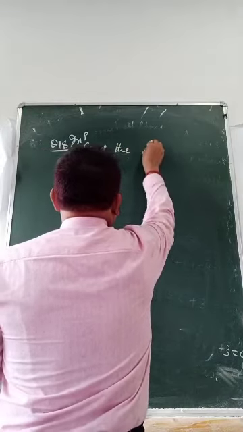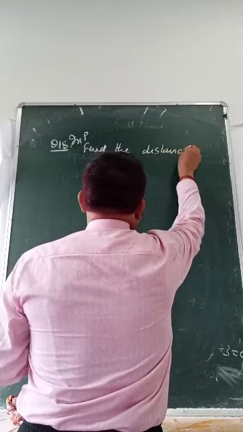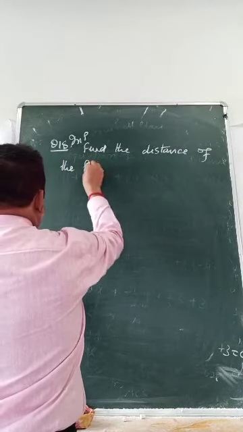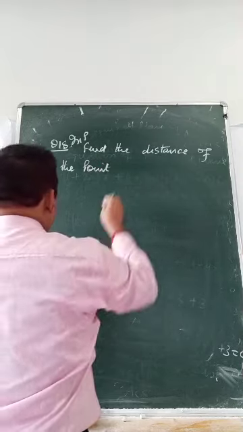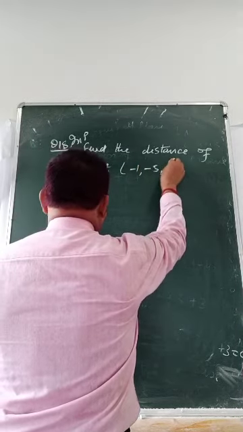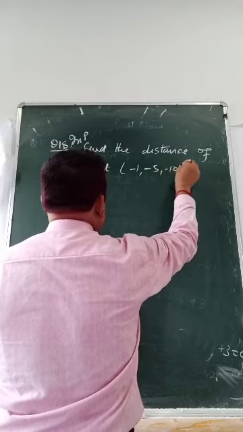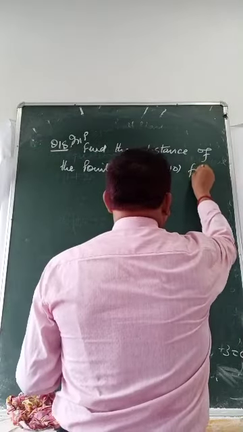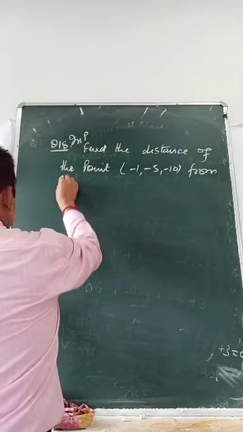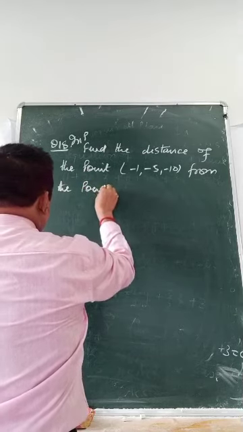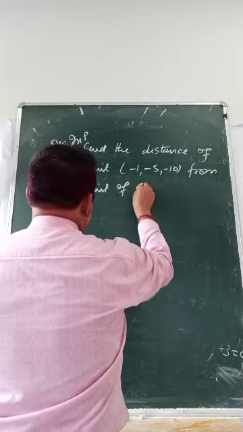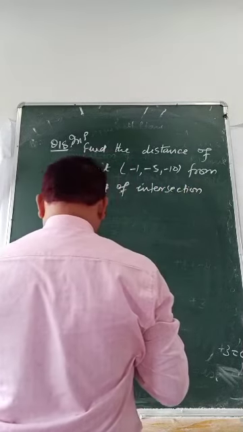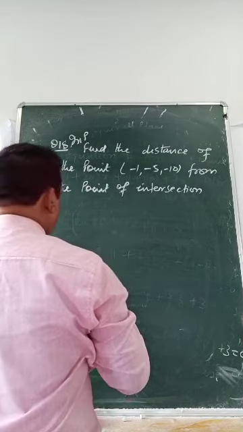Find the distance of the point -1, -5, -10 from the point of intersection of line